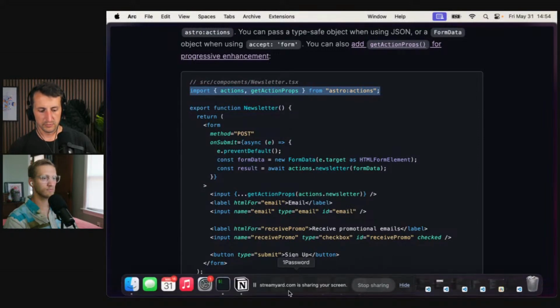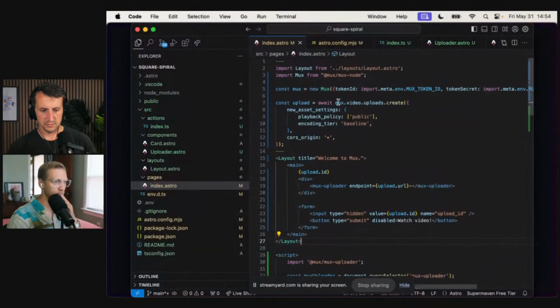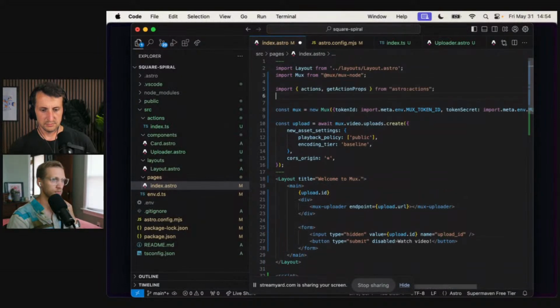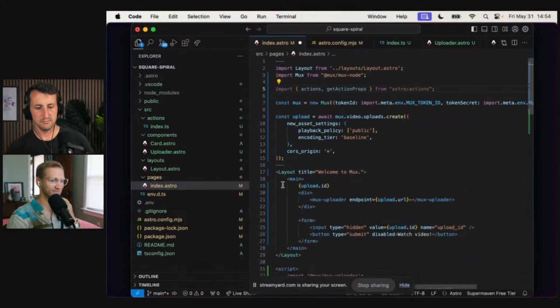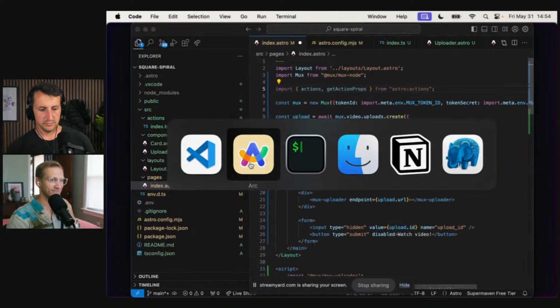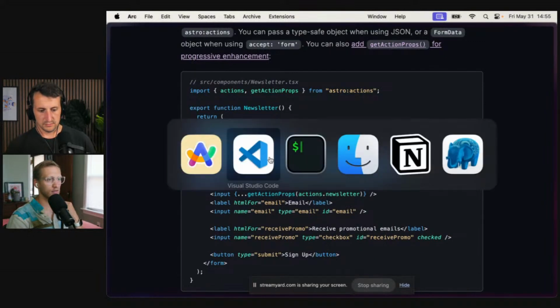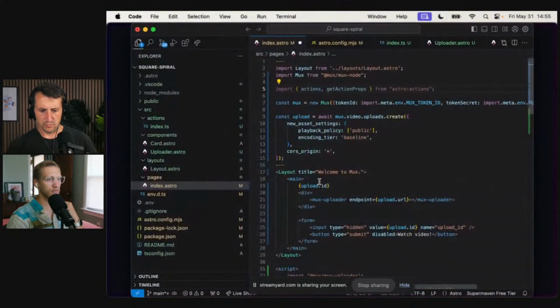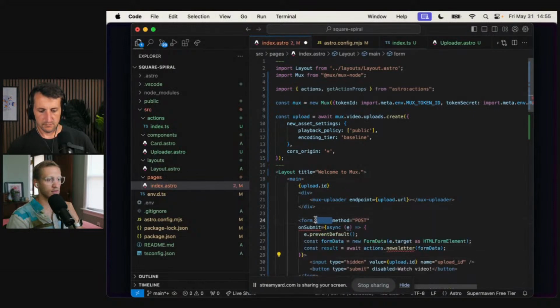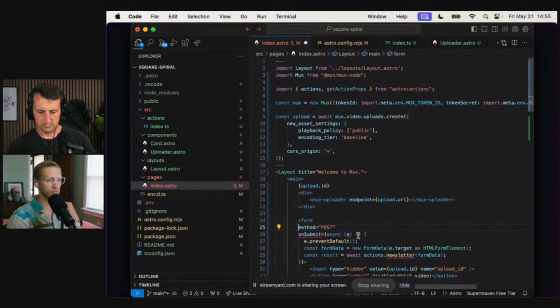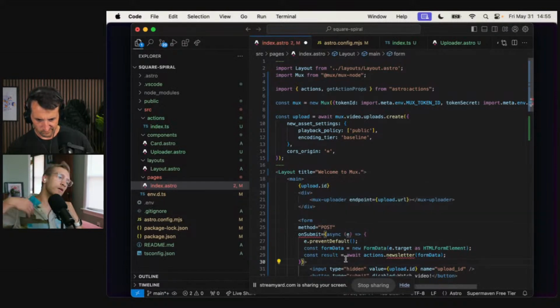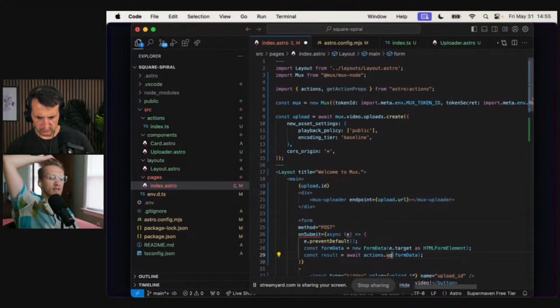I'm really hoping we don't run into any sort of strangities. Is that a word? Get action props. Okay, so we have a method of post and just the on submit. This is looking good. All right, form. And is that going to just work? Oh no, that looks like it's React code. Can we attach that to, oh, what a pain.